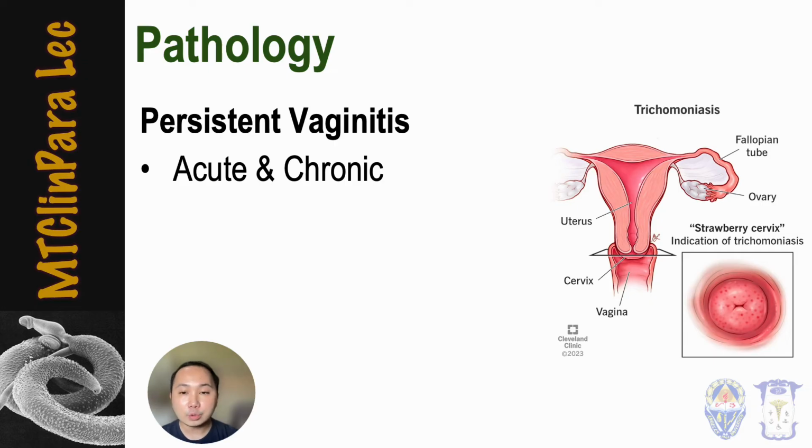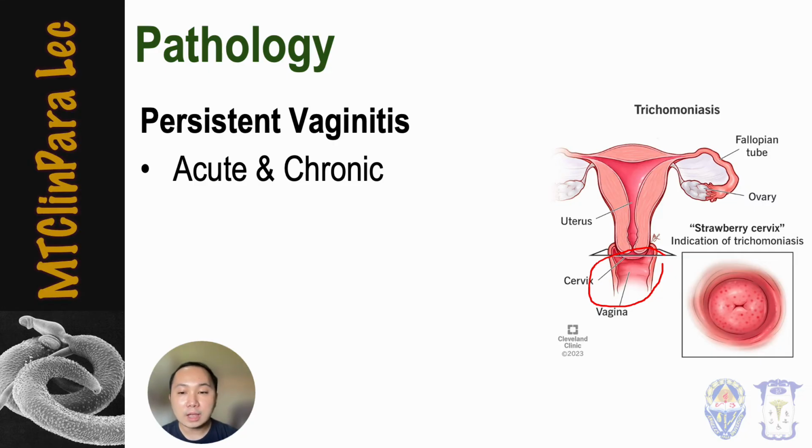After 4 to 28 days, the parasite will cause degeneration and desquamation of vaginal epithelium. Followed by this, your leukocytic proliferation will be evident. When we say leukocytic proliferation, that means the white blood cells are already proliferating in the vaginal mucosa,